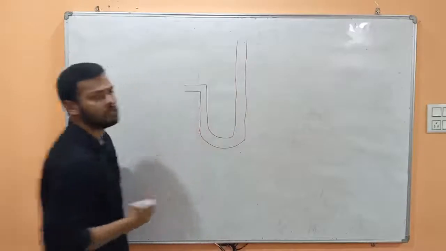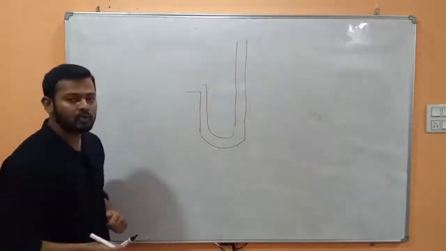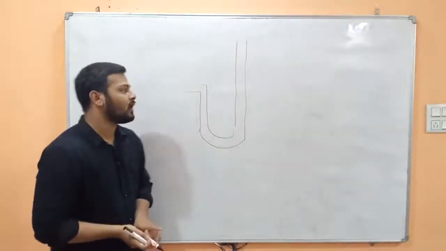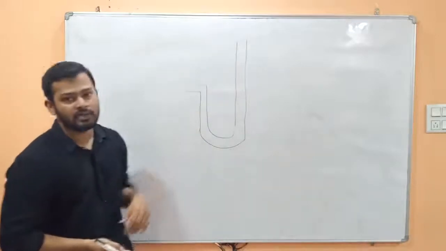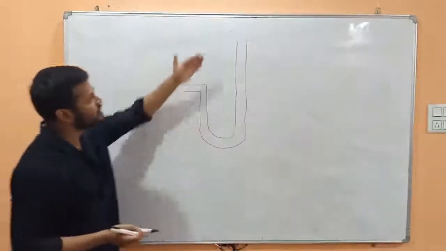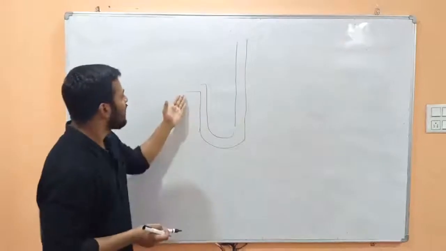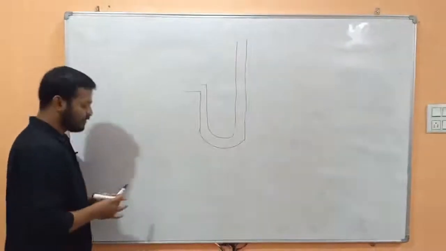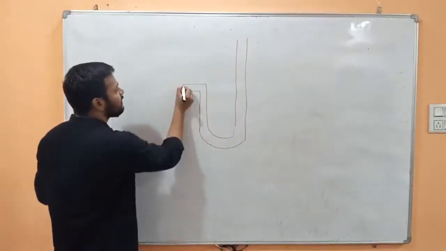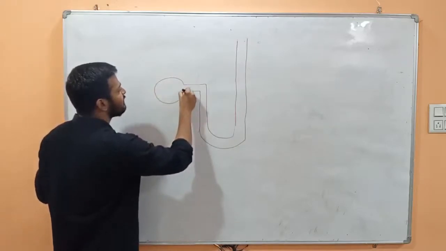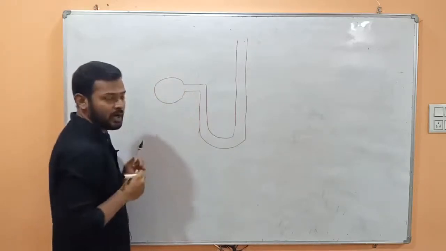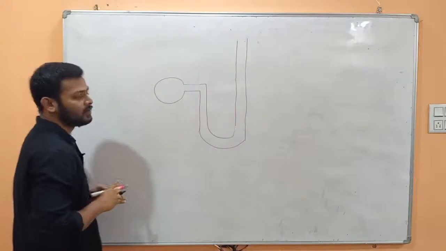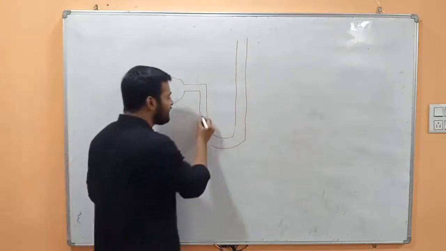Again it has two ends. One end is connected to a point where the pressure has to be measured, and the other end is open to the atmospheric pressure, atmospheric air. So this is open to the atmospheric air. You have pressure on the other end. So if I am connecting it to a pipe, let's say this is a pipe. I told you this is the symbol for pipe. And this U-tube manometer contains mercury,